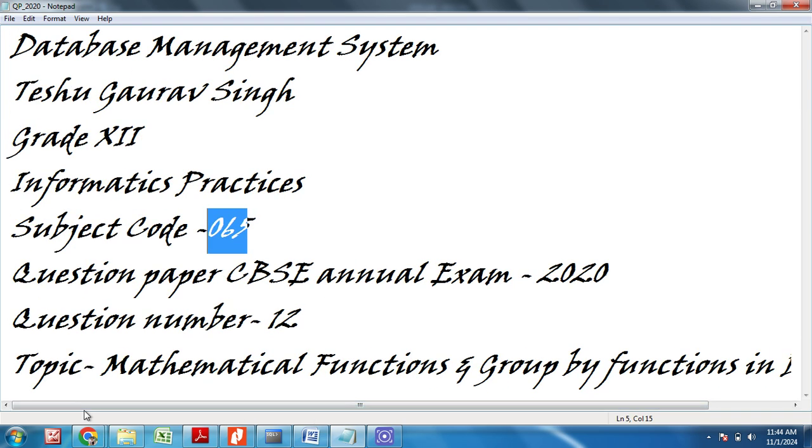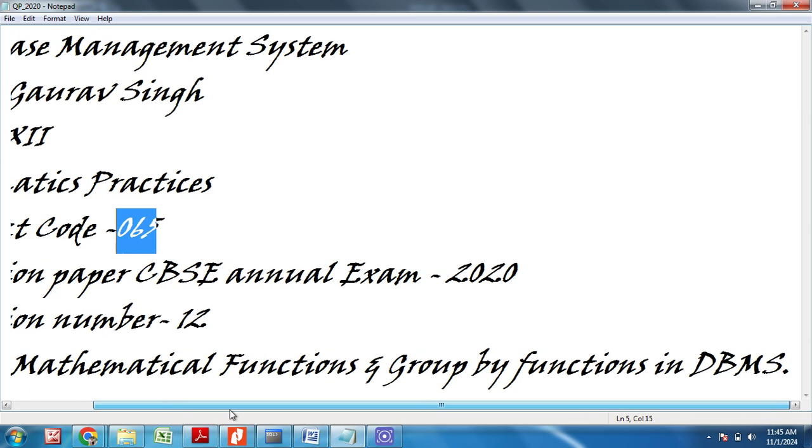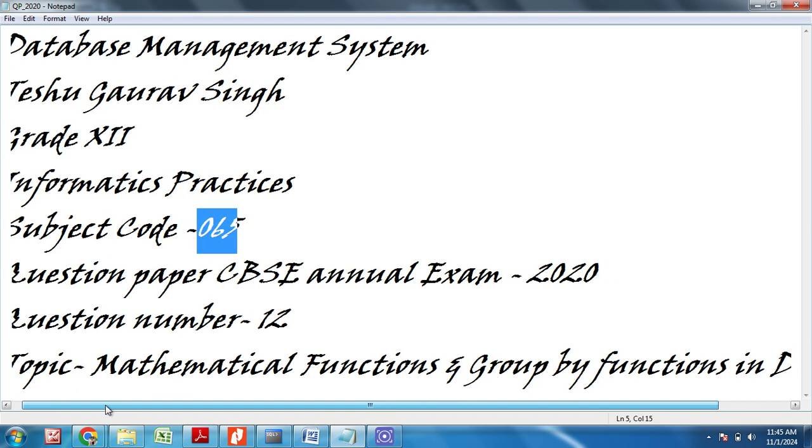While using the group by function we have to know very simple rules. The first rule is that we cannot use a group function or aggregate function with the where clause. The second rule is that whatever column is used in the select clause must be there in the group by clause, but whatever column is present in the group by clause need not be in the select clause.